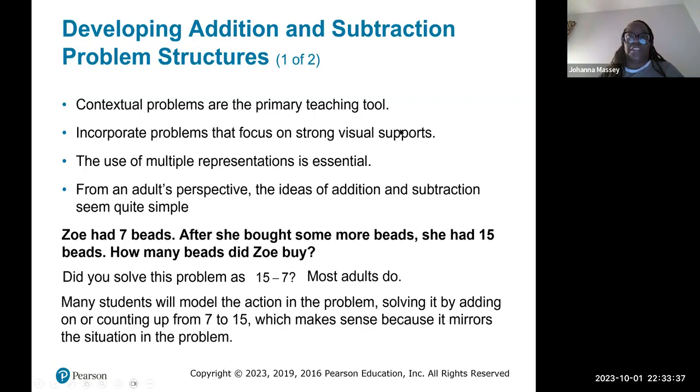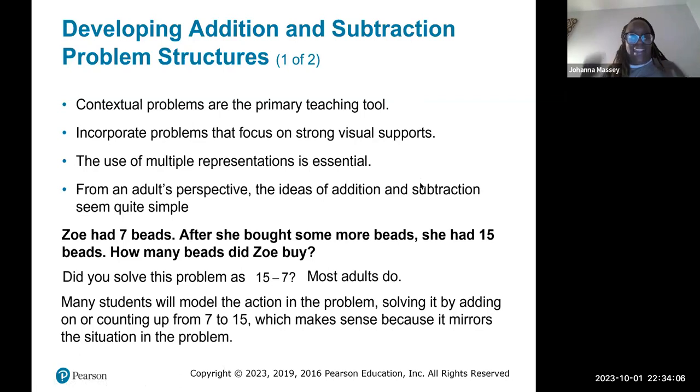And remember, visual support is part of contextual problems, part of those multiple representations. Remember the star in the multiple representations that include visual, contextual, the physical, your manipulatives, the verbal when you're talking and discussing mathematics, and there's one more,